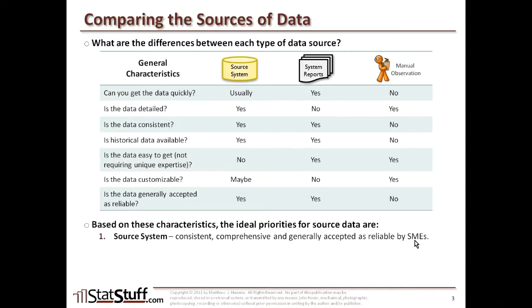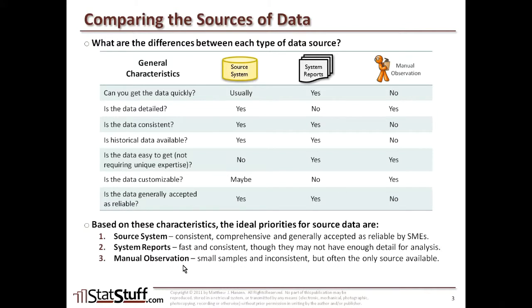But if you can't get that, then the next best source might be to rely on some of the system reports coming out of the system that other people have produced for you. Again, it's going to be fast, it should be consistent and considered to be reliable, but it may not be customizable or may not provide exactly what you need or enough detail for what you need for analysis. But it, for the most part, can be at least a better option than this last option, which is a